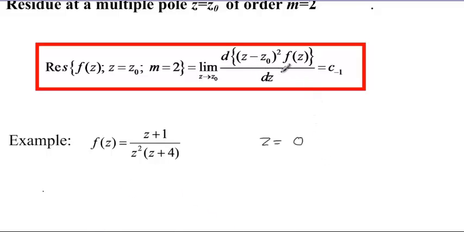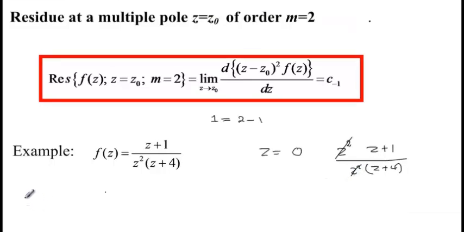So doing this, what you're supposed to do is multiply the function by z minus 0 squared, which is actually going to give us z squared. So multiplying, we say z squared multiplied by the function, which is z plus 1 over z squared multiplied by z plus 4. If we multiply, we see that these two simplify to 1. Then now we can write the residue of f(z)